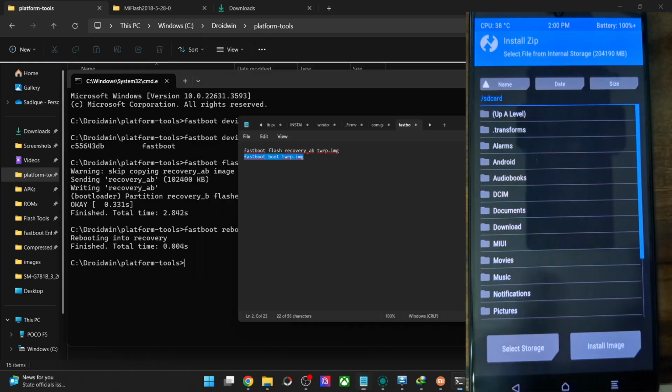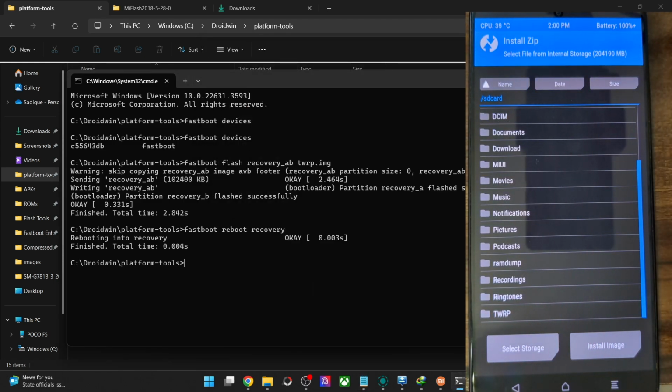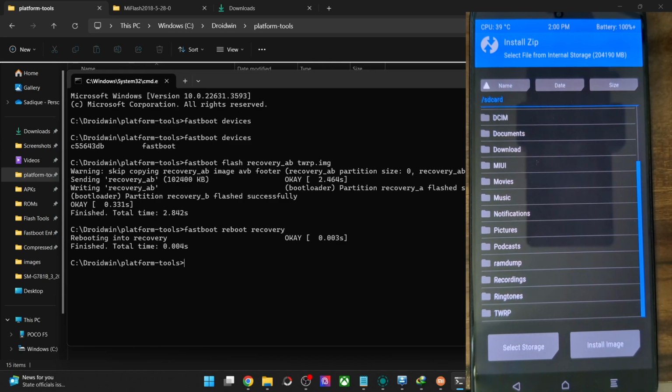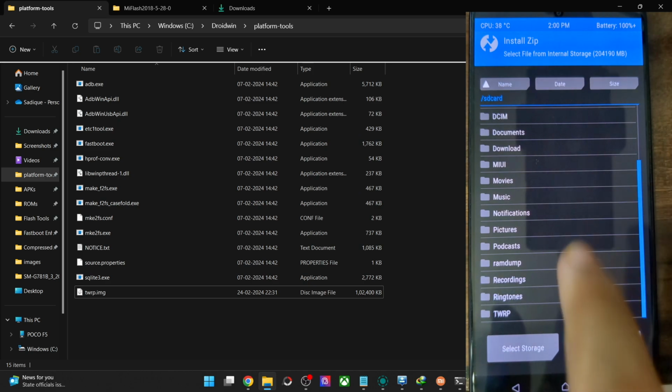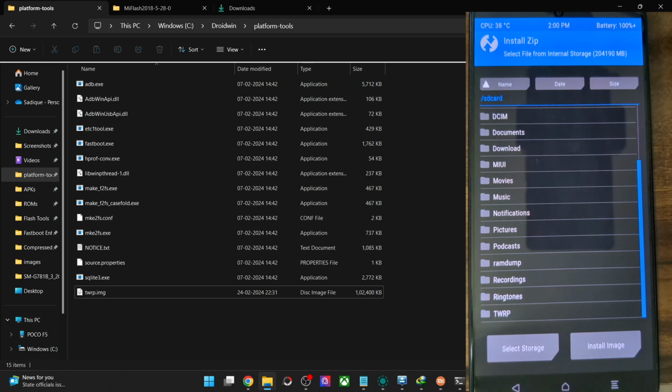With that said, we now have the recovery and you may now flash any custom ROM of your choice from here. Simply go to install, choose the custom ROM zip file, transfer the zip file onto your phone, and then flash the ROM zip file to get the job done. That will also work. So you may either take a custom ROM route or the stock ROM, both will work.